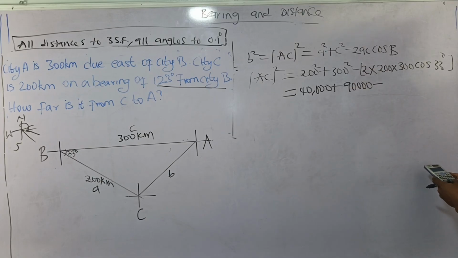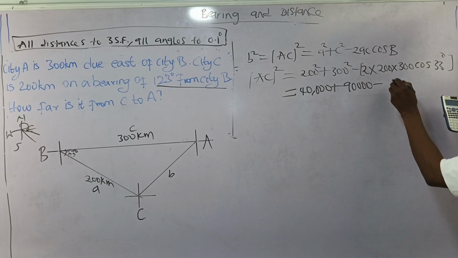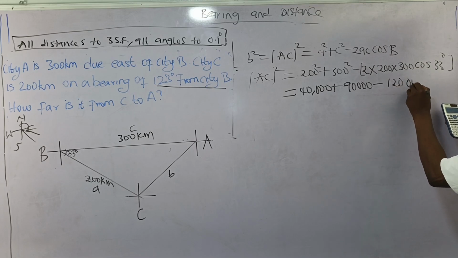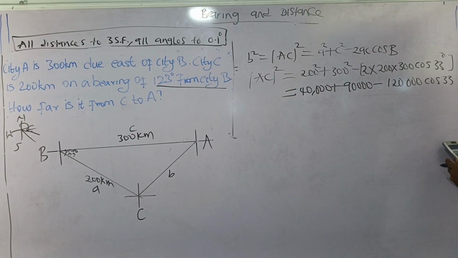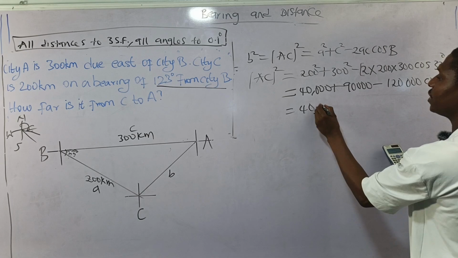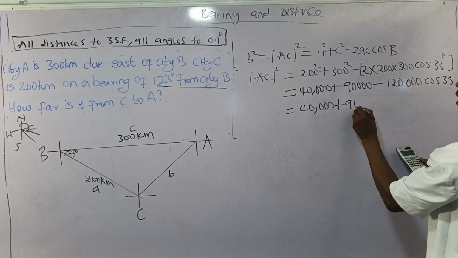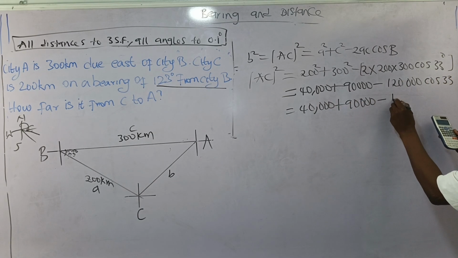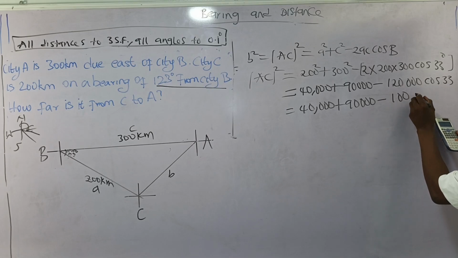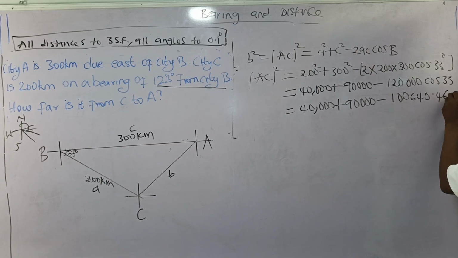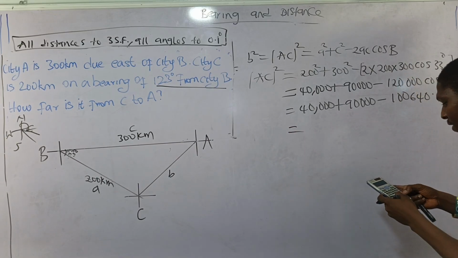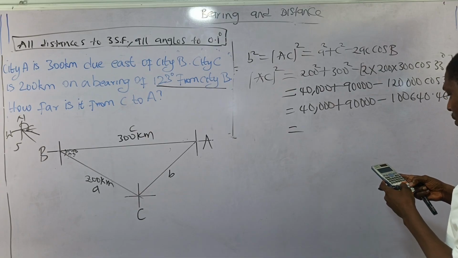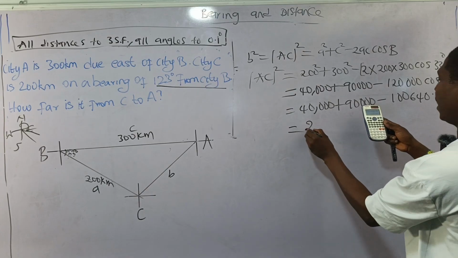So we have 2 times 200 times 300, which gives us 120,000 cos 33, which is 100,640.4682. Then 40,000 plus 90,000 minus my answer, I will have